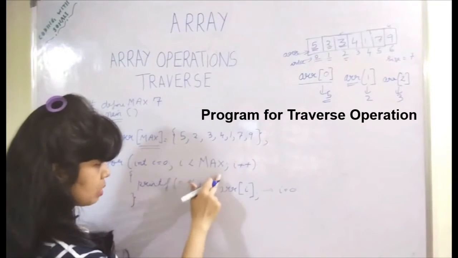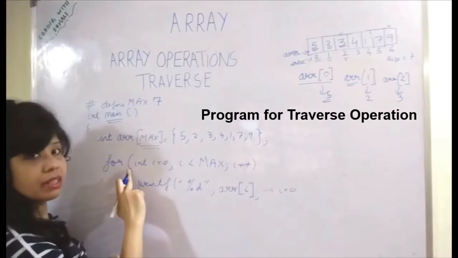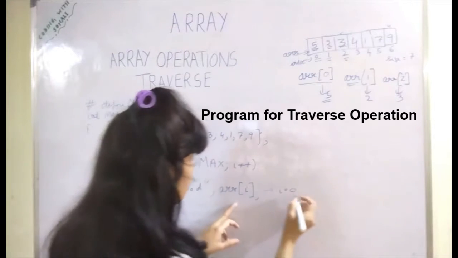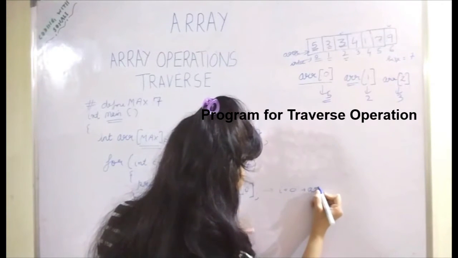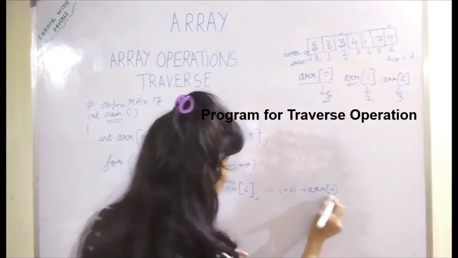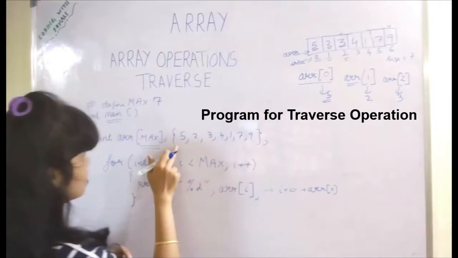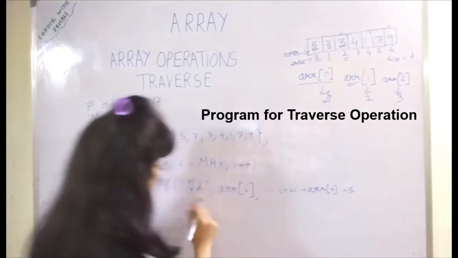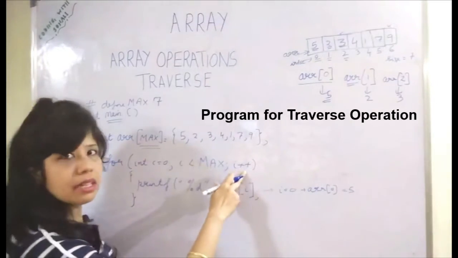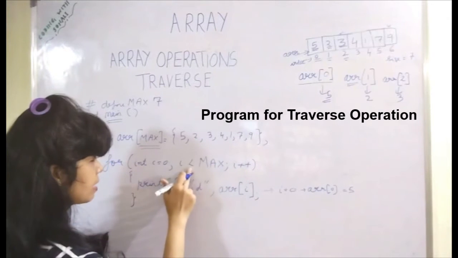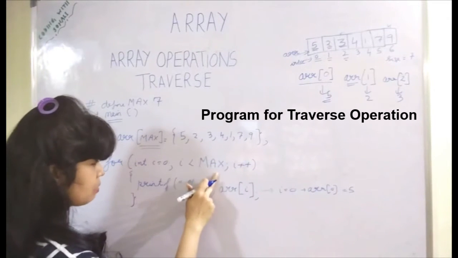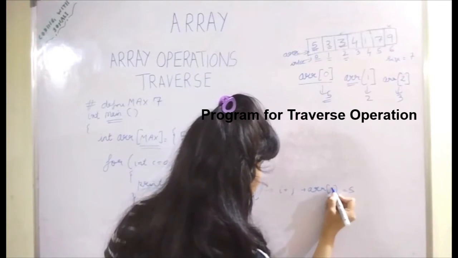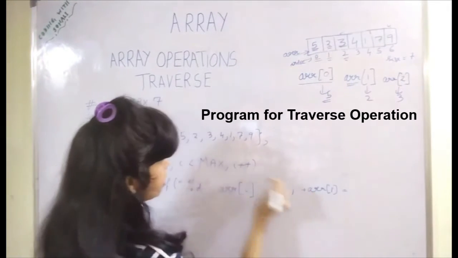This condition is satisfied, therefore the control comes inside this for loop, and this message will be printed. We are using a format specifier. So what is actually array of 0? We know that array subscript 0 is this one, at index 0. So we will get the value 5 printed. Then again I gets incremented to 1, and this condition is checked, yes it is satisfied. Again at the next time I is 1, so we get the next value printed